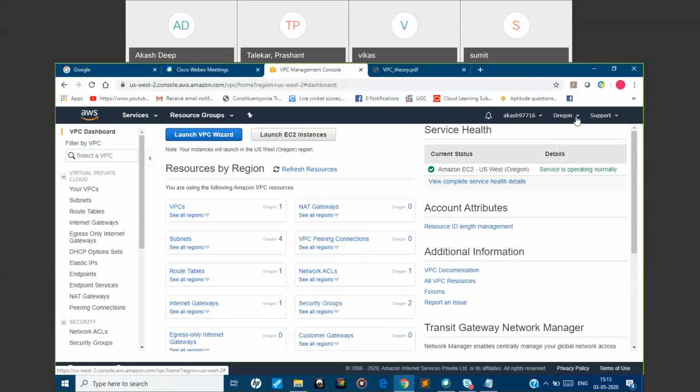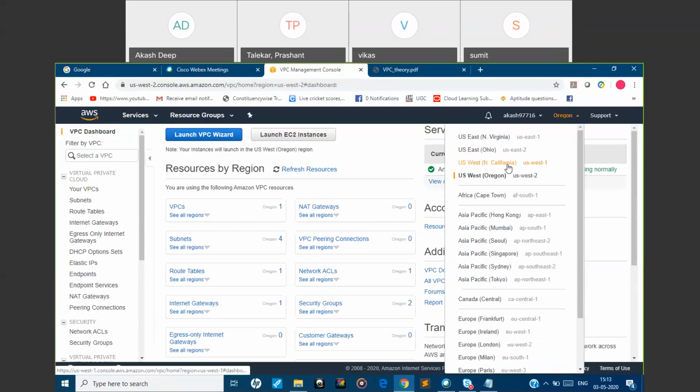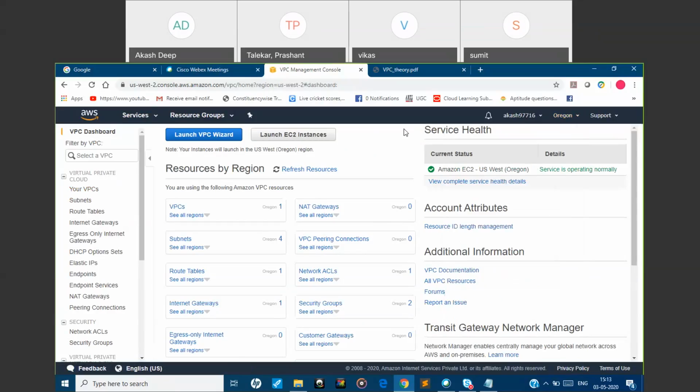Suppose in Northern California you have 5 availability zones, so you will have 5 subnets. Whatever the number of availability zones, that many subnets will be associated with your VPC.